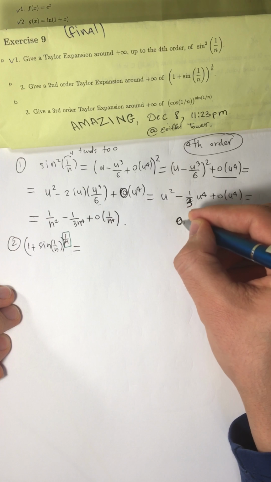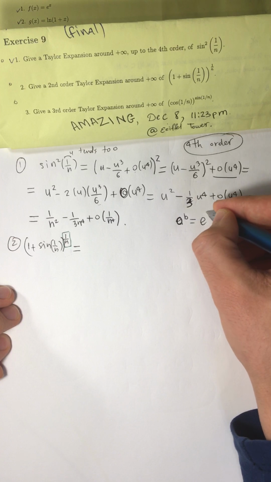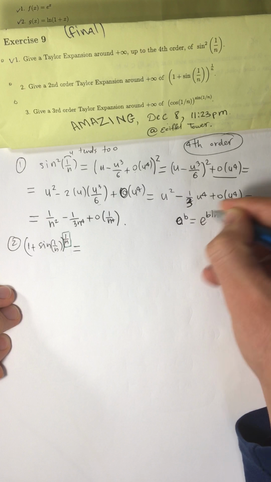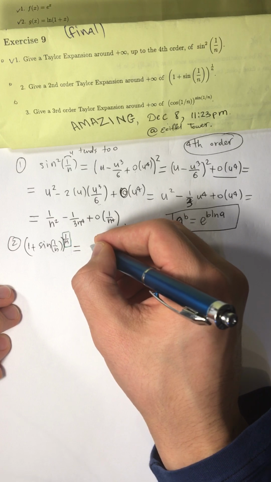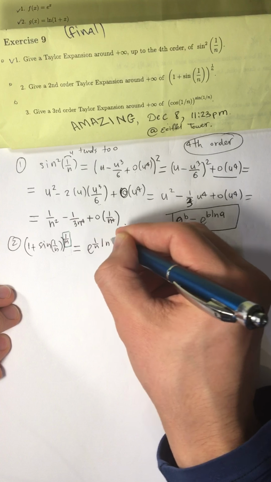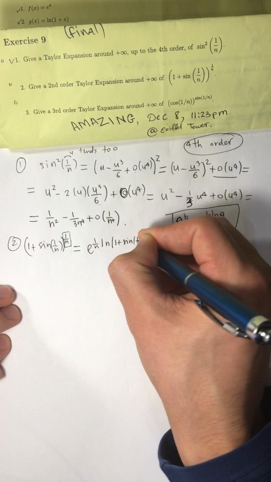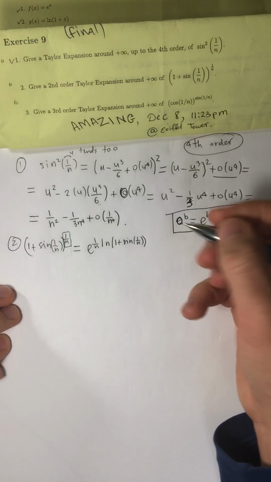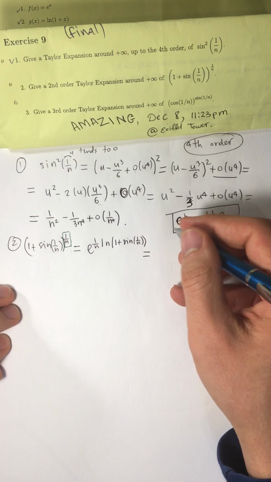If you have a to the b, it's equal to what? e to the b ln a. We're going to be using this formula now. Okay, so let's continue. So e to the 1 over n ln(1 plus sine 1 over n) equals... Okay, and now